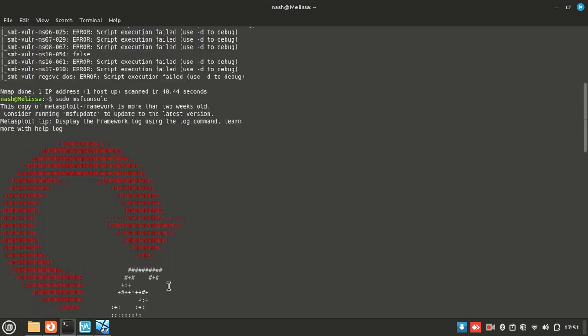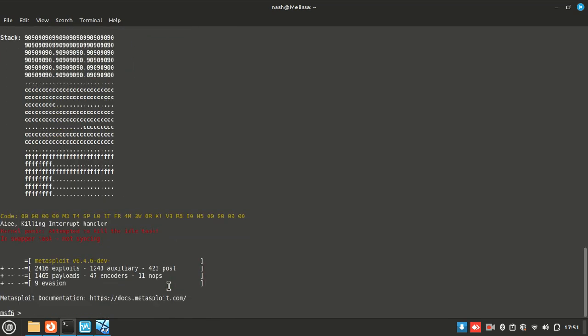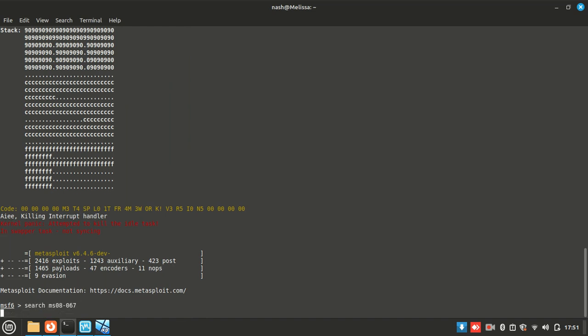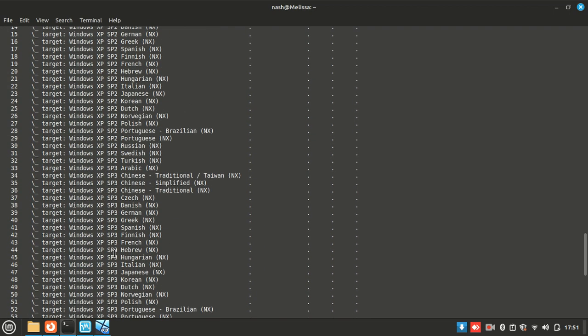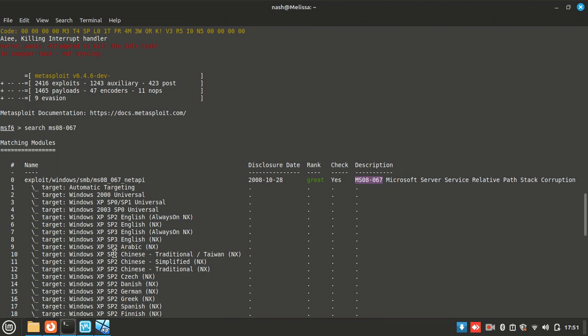Okay, but this is just to play around for noobs anyways. So what I'm going to do with MSF is search for this string. What I'm looking for are basically exploits related to MS08067. I performed the search on MS08067, and if you look here, we found an exploit that's specific to Windows